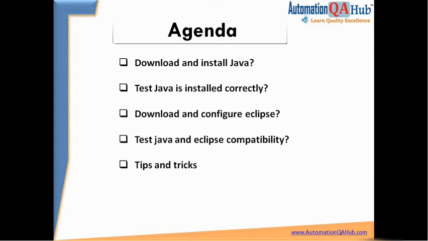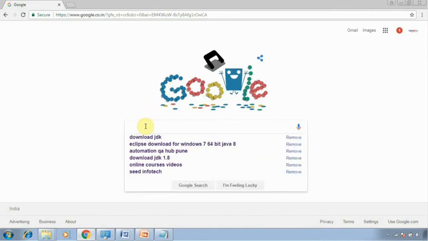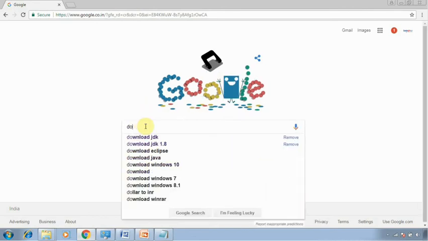So today we will talk about how to install Java and how to install the Eclipse. Right. So for installing the Java, we just need to open google.com and here you have to type download